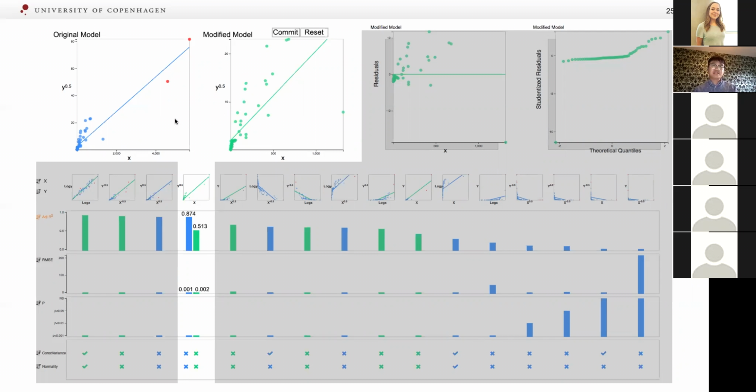And the color blue stands for the original model for reference, and the color green stands for the model which can be modified. Users can remove potential outliers, for example, this point, by clicking. The statistics in the column will automatically be updated after each change.